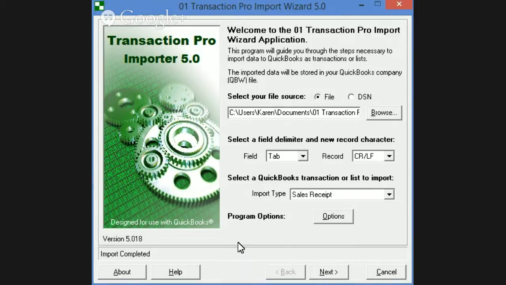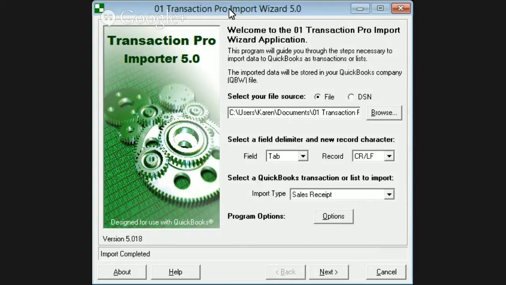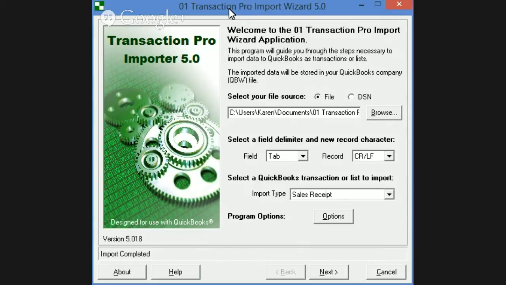I have a question. I'm sure this would never happen, but what would happen if the client screws up and imports the wrong file? Is there like an undo button, or do they just have to go in and delete everything manually? Well, what a lot of people will do is